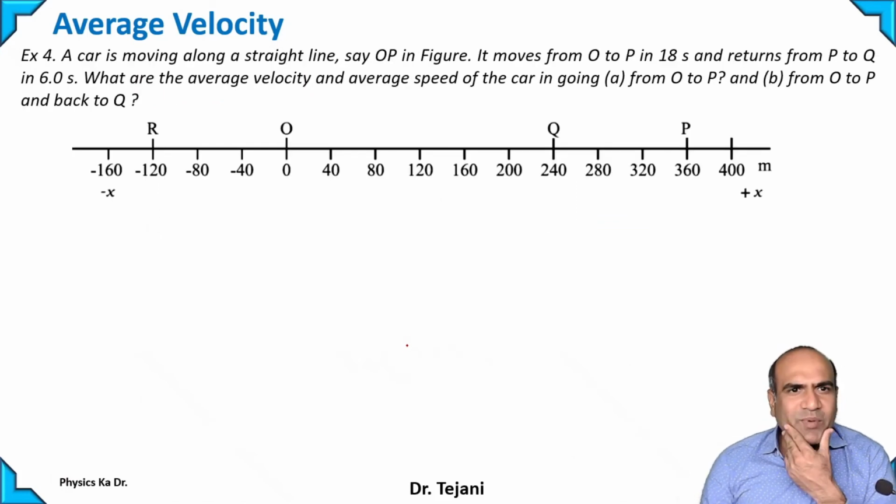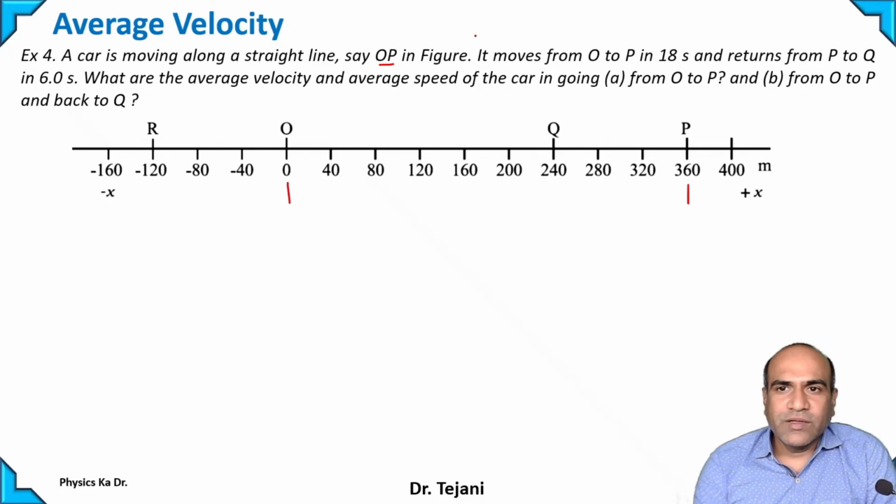Let's take an example. Example number 4. A car is moving along a straight line, OP, as given here. The car is moving from O to P, and this is the distance it is traveling in the figure. It moves from O to P in 18 seconds